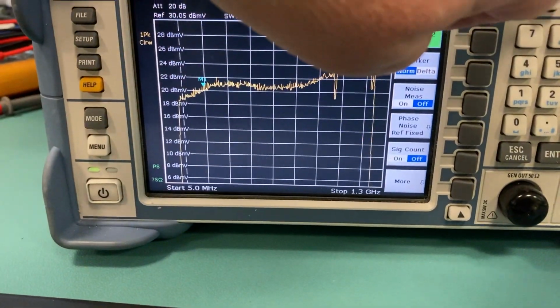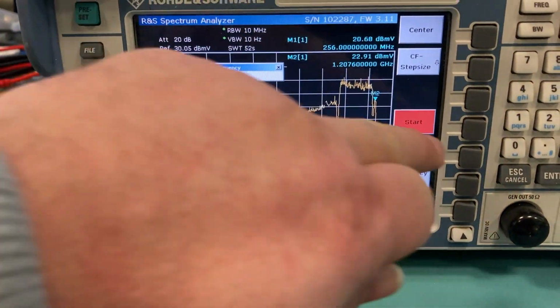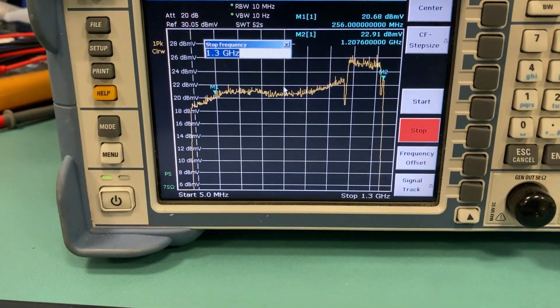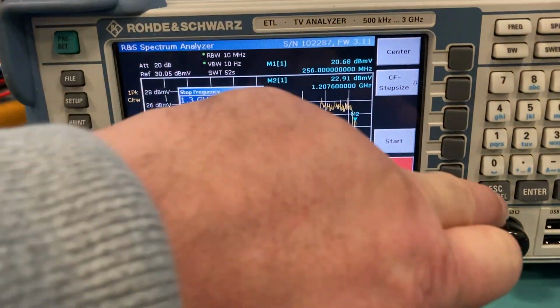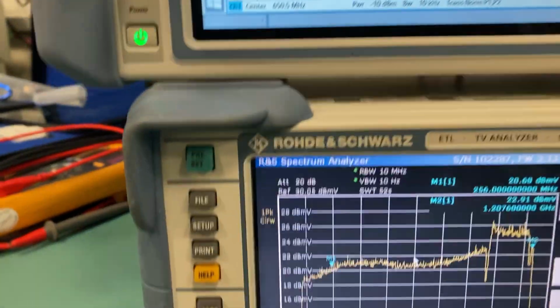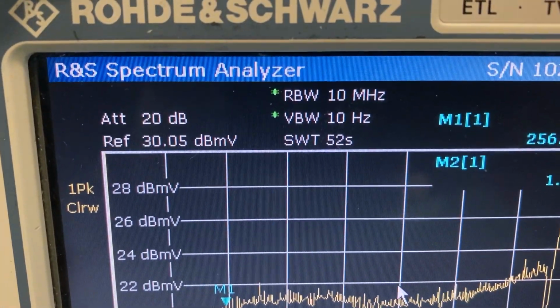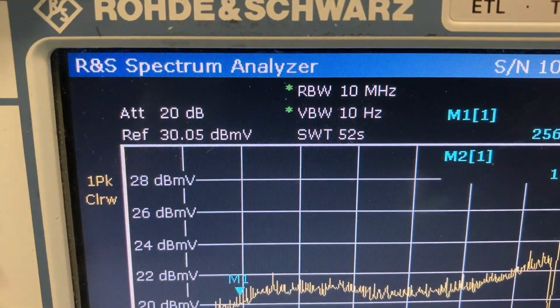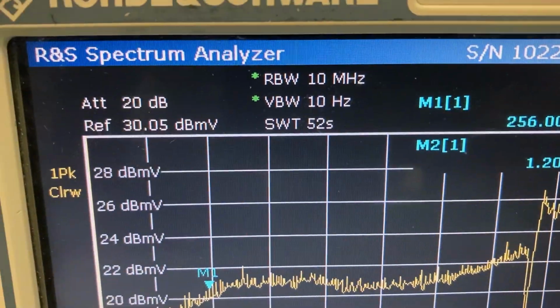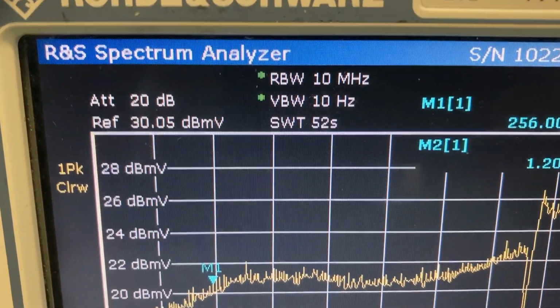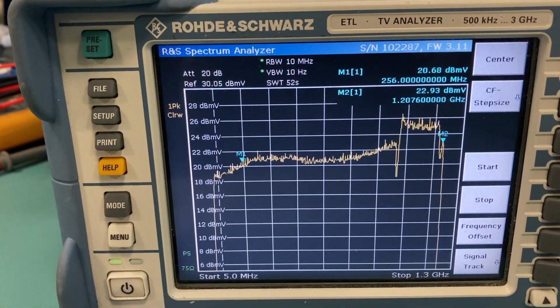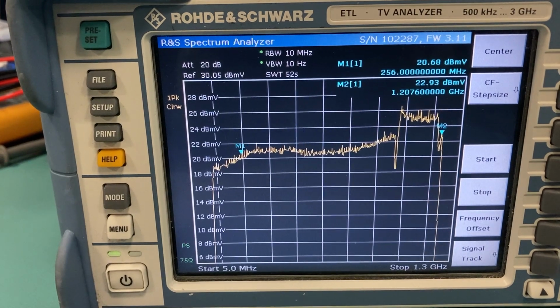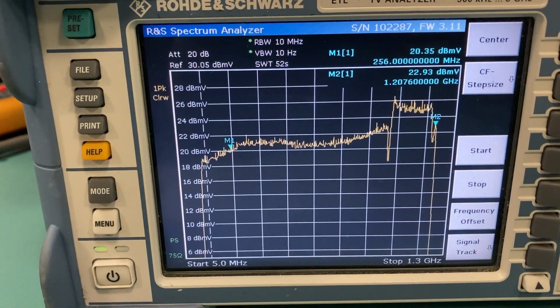I have a frequency range of 5 megahertz up to 1.3 gigahertz, and basically I've got a lower sweep time, mainly because I've adjusted the resolution bandwidth and the video bandwidth. That means I'm taking approximately 52 seconds just to go across the screen, but the only reason I'm doing that is just to give me more time to average out all the QAM channels that are on there